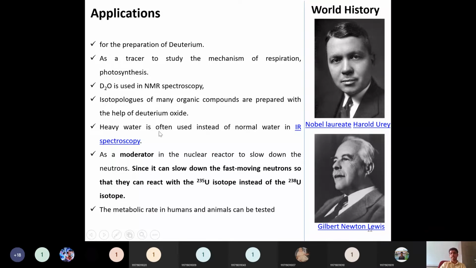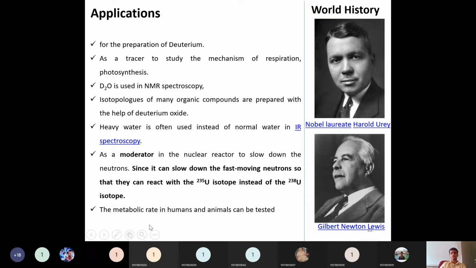As a moderator in a nuclear reactor, it slows down the fast-moving neutrons so that they can react with the U-235 isotope instead of the U-238 isotope. We know that U-238 is a fertile fuel, but U-235 is known as the fission fuel. To do this, as a moderator, we will use deuterium oxide, or heavy